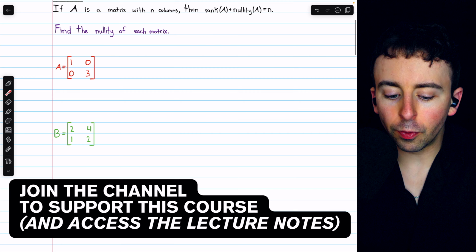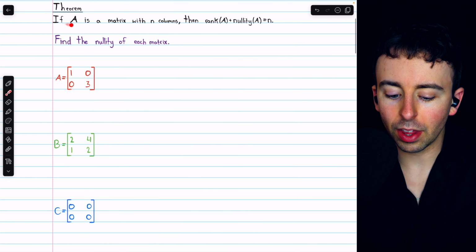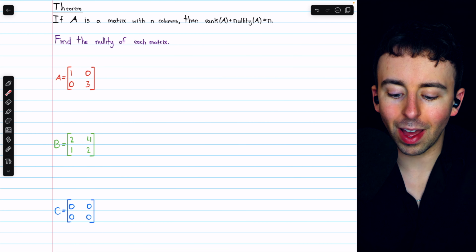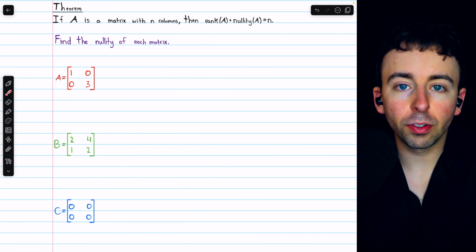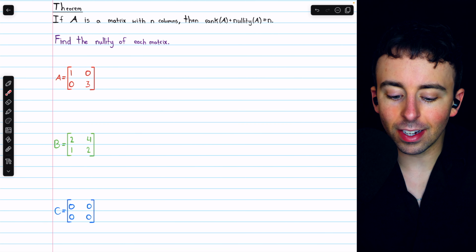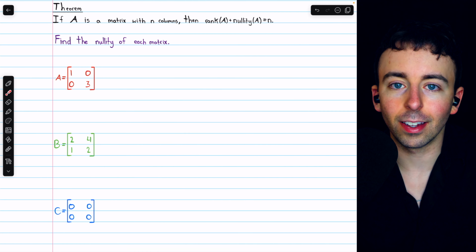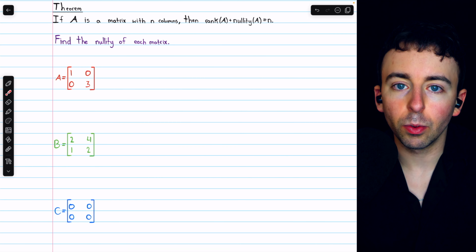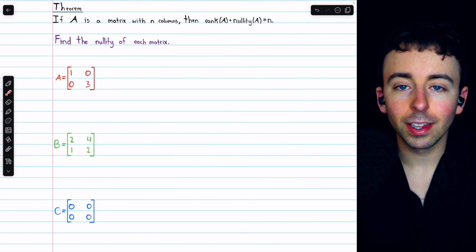Let's find the nullity of these four 2 by 2 matrices. We'll do the first three examples with this theorem. So we'll find the rank, and then understand that the rank plus the nullity has to equal the number of columns, which in this case is 2. So once we find the rank, which is easy, that's the number of linearly independent rows, then it's very easy